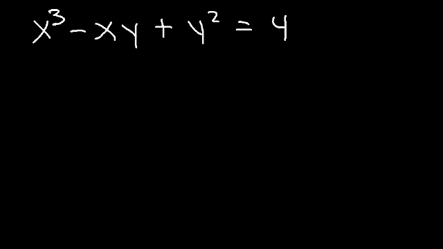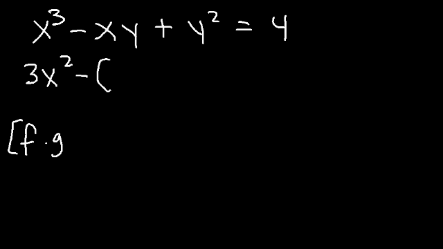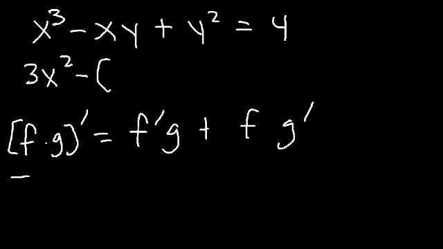So the derivative of x cubed is 3x squared. Now what about for xy? So we've got to use the product rule. So the derivative of f times g, according to the product rule, is f prime g plus fg prime. So if f is x and g is y, f prime is the derivative of x, which is simply 1,